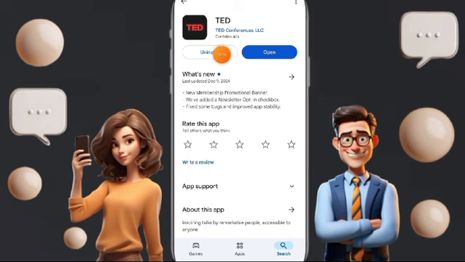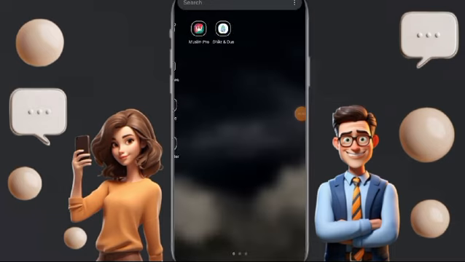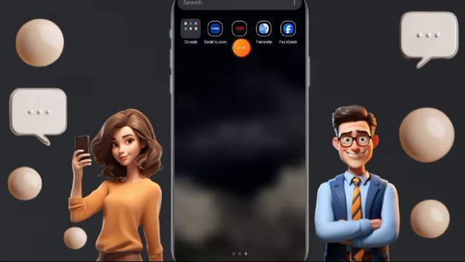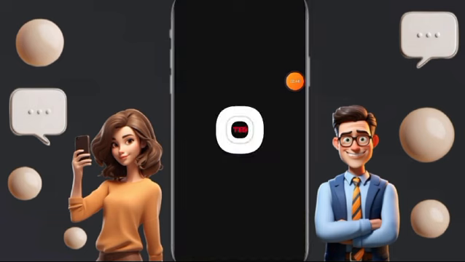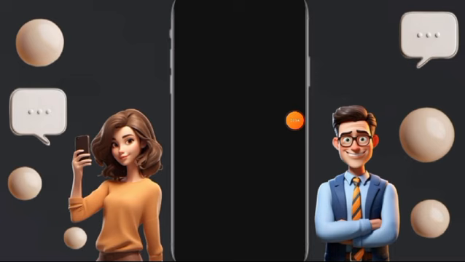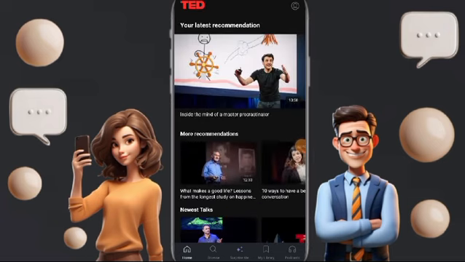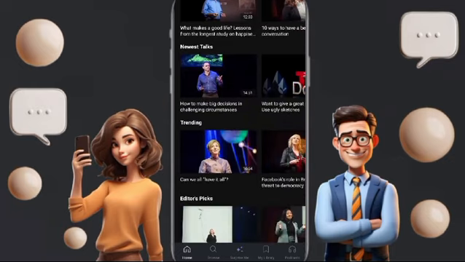After these steps here, we will go to this window or to this application of TED to check if everything is good. Here we will wait a moment to find the application like this. And here in this page you can choose any video, for example this. And then here you will check the quality of